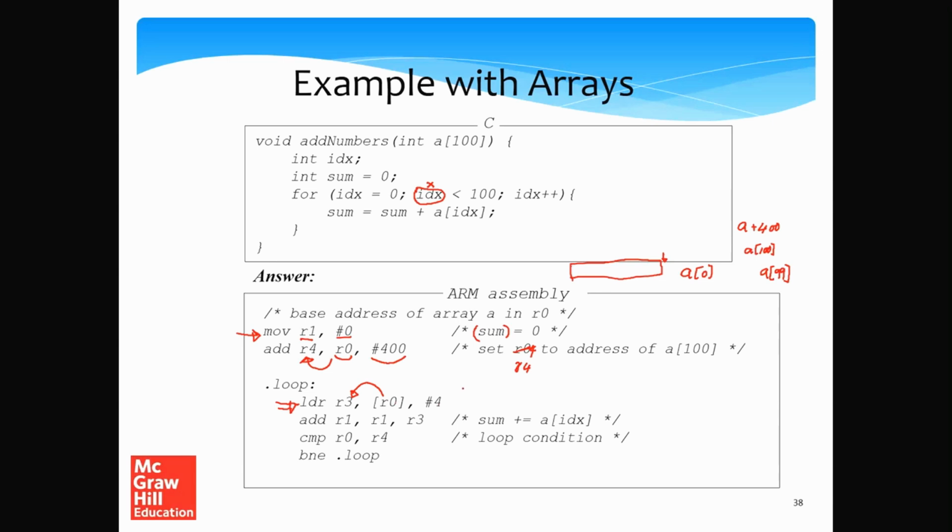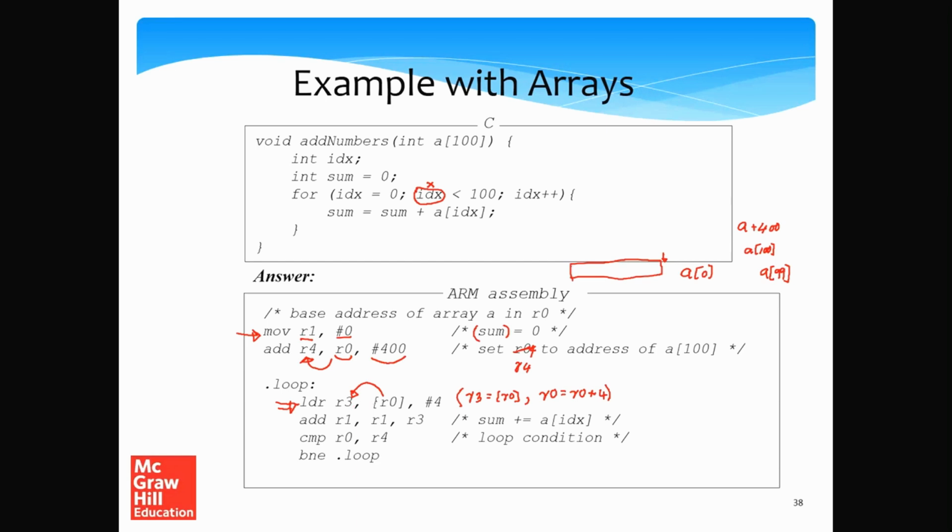All of this is done by this one instruction. It sets R3 to the memory contents whose address is in R0, and then it sets R0 equals R0 plus 4, and this is the crux of the post-increment instruction,